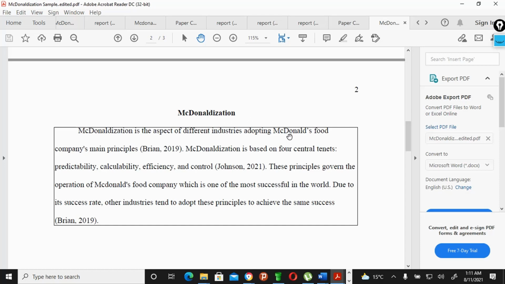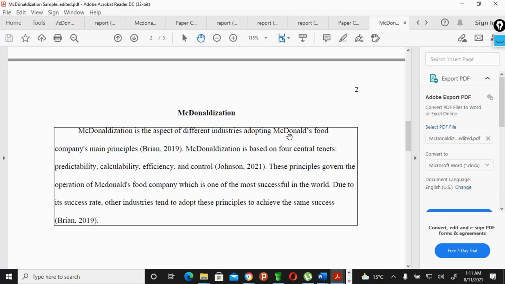McDonaldization is based on four central tenets: predictability, calculability, efficiency, and control. Johnson, 2021. These principles govern the operation of McDonald's Food Company, which is one of the most successful in the world. Due to its success rate, other industries tend to adopt these principles to achieve the same success.